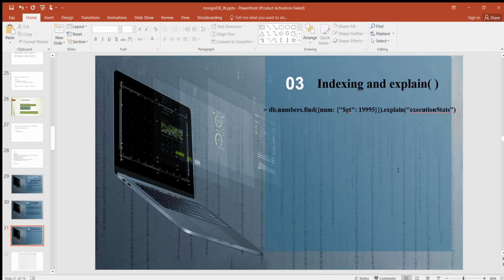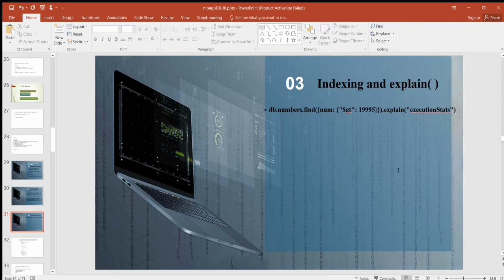Next one, indexing and the explain function. If you have spent time working with relational databases, you are probably familiar with SQL's explain, an invaluable tool for debugging or optimizing a query. When any database receives a query, it must plan out how to execute it.